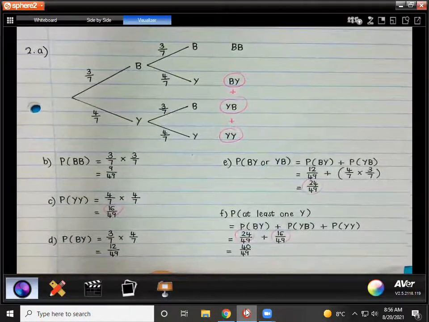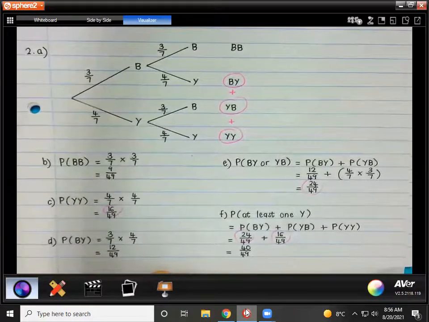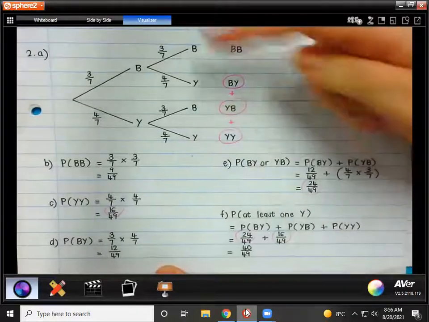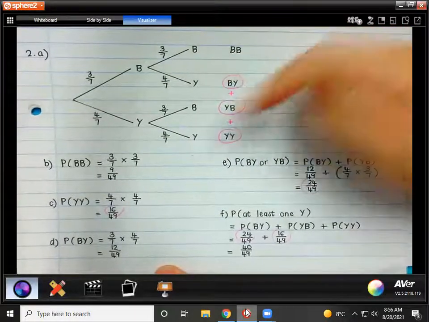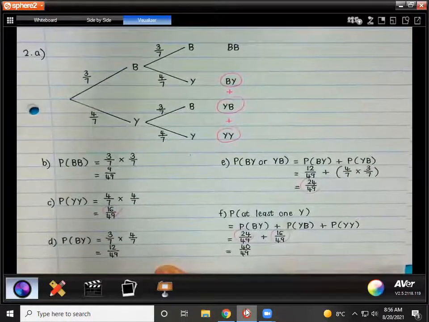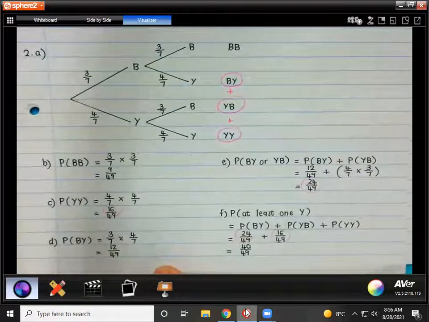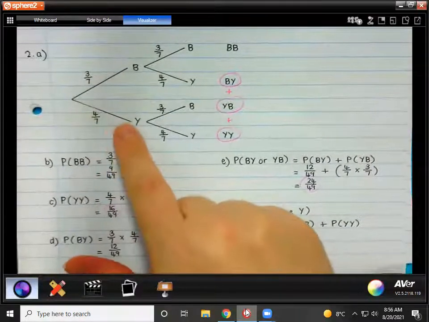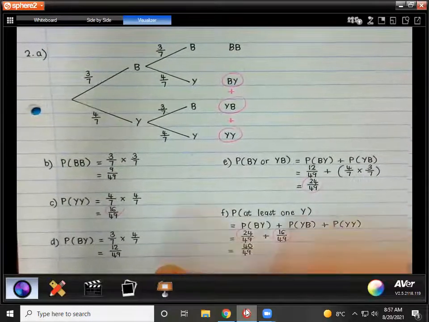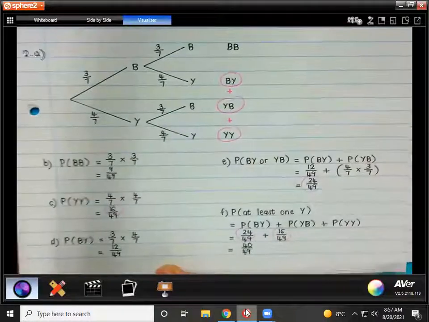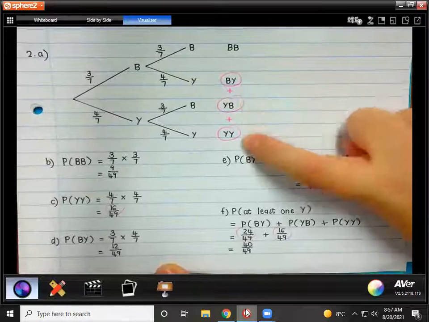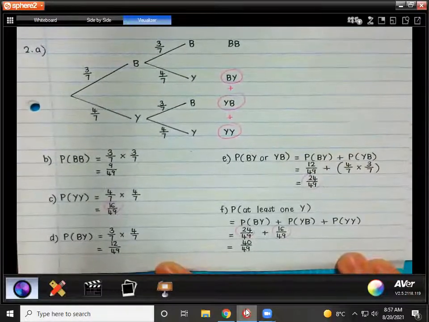Then we're taking the ball out, then we're putting it back into the bag. So when we draw our second ball, we still have 3 black balls, 7 balls in total, 4 yellow balls, 7 balls in total. We do our second set here at the bottom, coming off of if our first ball was yellow. We also need to say the second one is either going to be black or yellow. Still 3 over 7, still 4 over 7. Then you need to list your final outcomes. I'm going to talk about this pink just now. I'll explain now where that comes from.